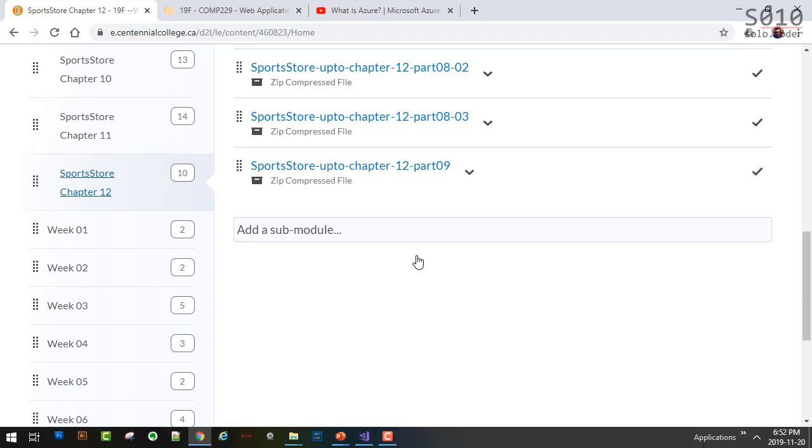So if you run part 9, make sure that you check the identity seed class to see the usernames and passwords that are available for you to log in by using this code here. The other aspect that I want you to keep in mind is that if you download this, and you don't have the identity database created yet in your local environment, you're going to need to run the update database command line to be able to create your identity. But again, for now, we're actually going to be doing that on Azure directly.